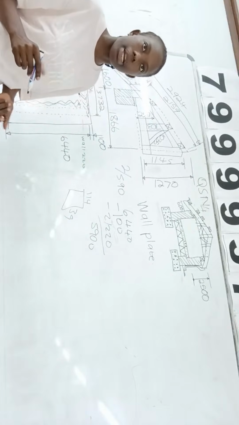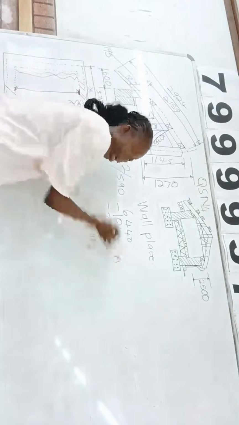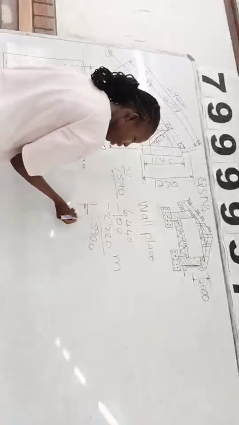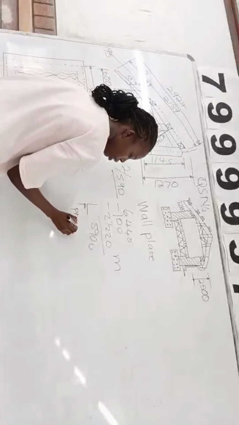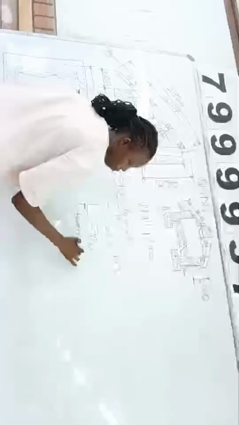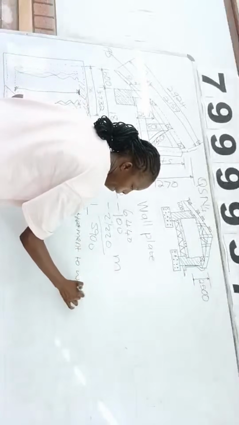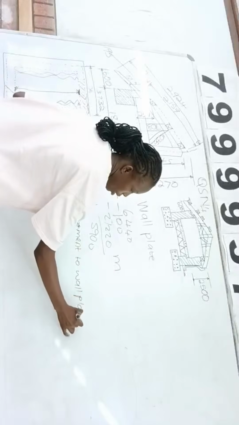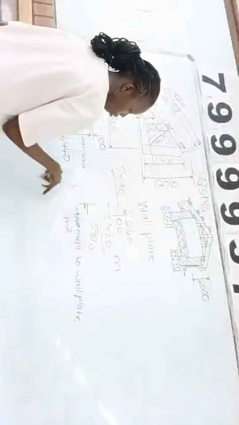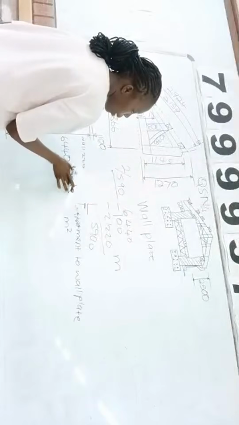On the treatment. Again, wall plate is measured in meters. So you underline like that. Again, it's measured in meters. Okay, so now you close this bracket, you open another one. Then you say this is treatment to the wall plate. So if this is treatment to the wall plate, we are going to use square meters. It has a length and also the perimeter. So our length is